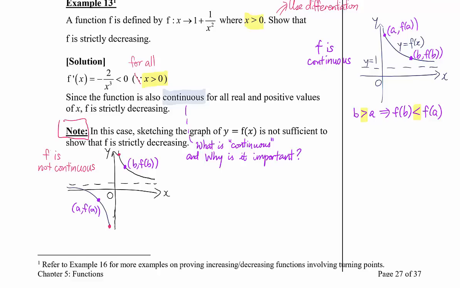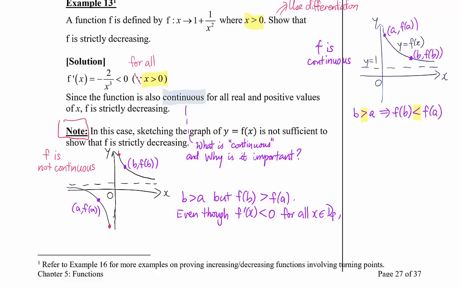What happens now when we take points like before, but from the different parts of the graph? We see over here that b is more than a, but f of b is more than f of a. So even though f prime x is negative for all x inside this domain here,